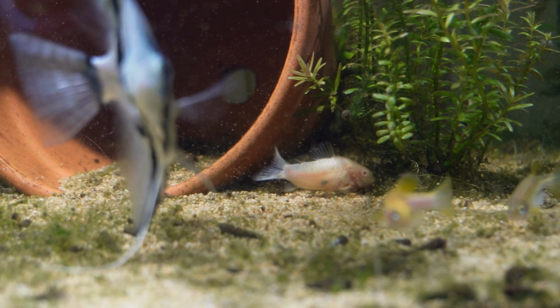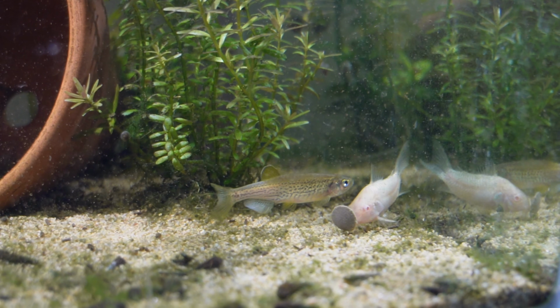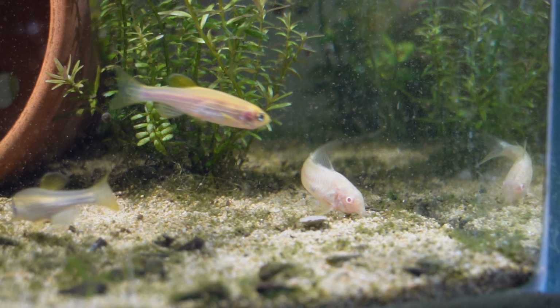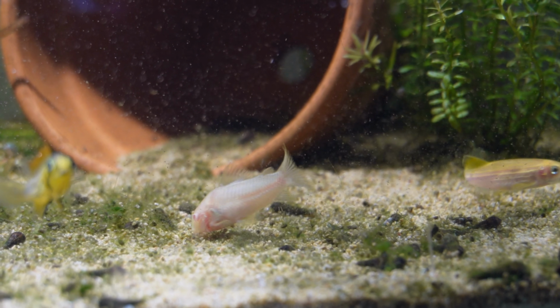What makes these guys beneficial for your aquarium is they're actually one of the best scavengers. They'll go around and eat any of that leftover food that your other fish don't eat. They're also super great at detritus management as well. Because they're constantly scurrying around the bottom of your aquarium, they're kicking up any of that detritus that builds up. And they can also be super beneficial because they actually do aerate and turn over the substrate. What this does is it actually prevents any toxic gas bubbles building up,